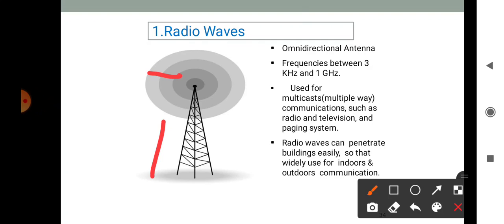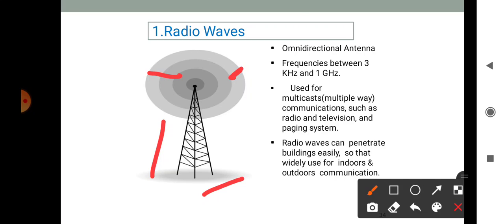These waves are received by another antenna used as a detector. These radio waves produce an alternating current with a frequency that matches that of the waves. So the sending and receiving antennas do not have to be aligned, and radio waves, particularly those that propagate in the sky mode, can travel a long distance. So radio waves can be used for long distance broadcasting, such as AM radio. This is the radio waves. This is an omnidirectional antenna.